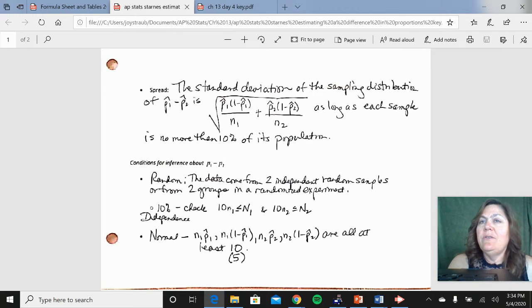Okay, so just remembering the conditions, they must be random. They've got to come from 2 independent random samples or 2 groups in a randomized experiment. Remember, everything's got to be random here. Our independence, we're doing that 10% check. That allows us to use that standard error. And then our normal condition,